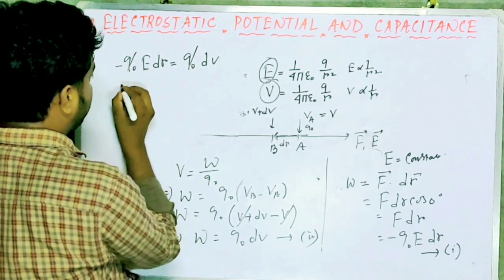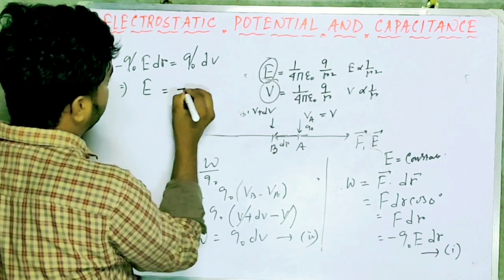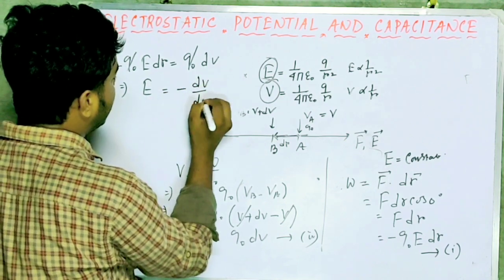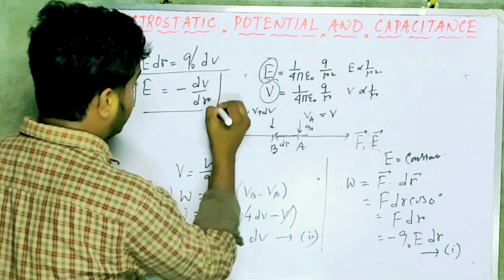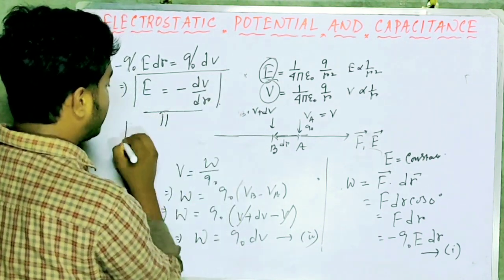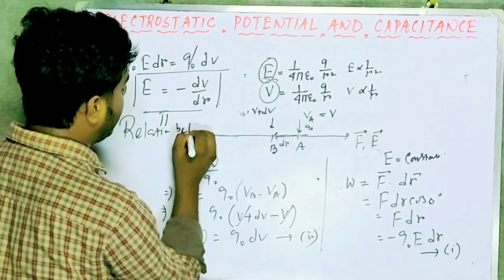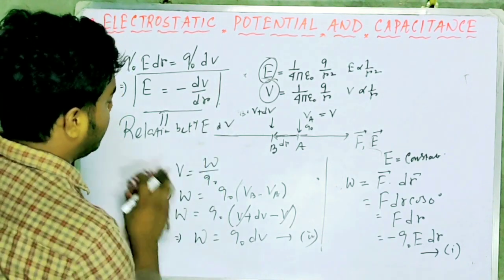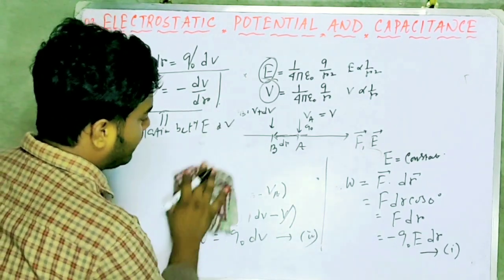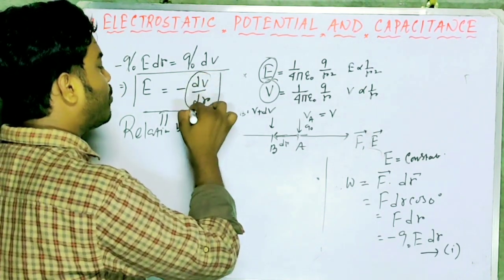Q naught cancels out, so E is equal to minus dV by dr. This is the relation between E and V. Just check, there is dV by dr, which means the rate of change of potential with